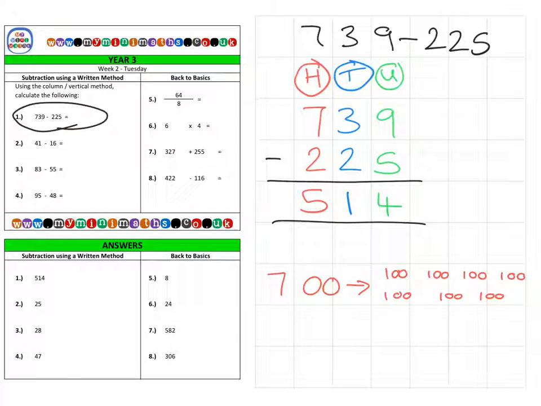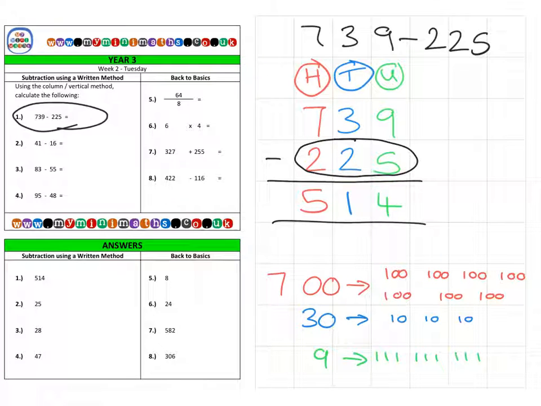Then we have the 30, so that's 10, 20, 30, 3 tens. And finally the 9 ones, 1, 2, 3, 4, 5, 6, 7, 8, 9. And we're going to subtract the 225 from that